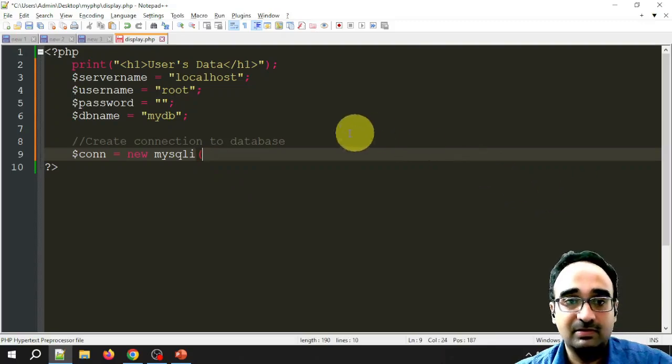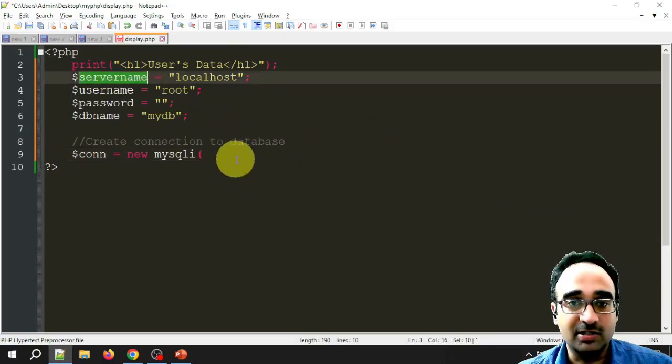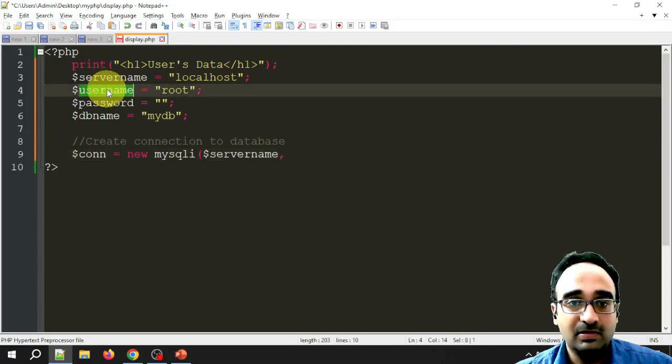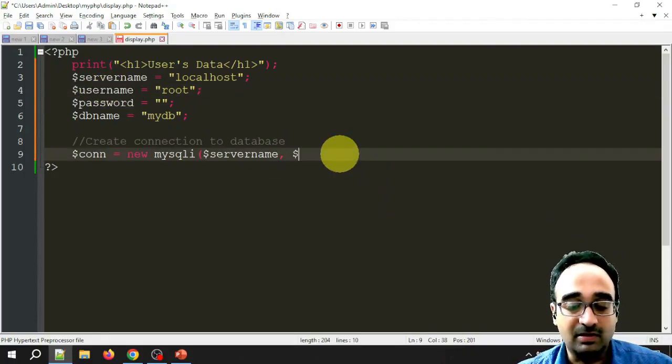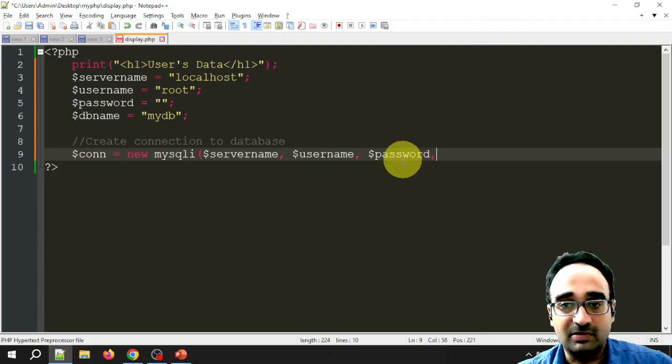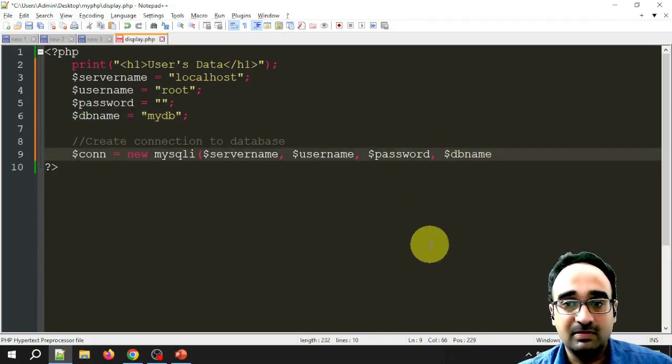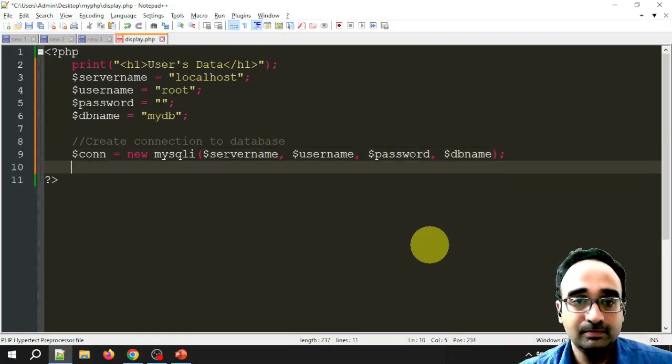So it is better if I copy paste them. $servername, okay, $username, $password, and $dbname. Okay,